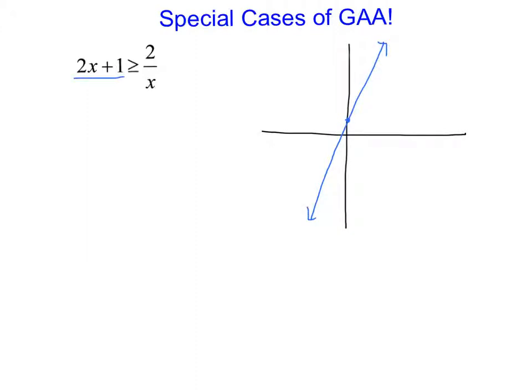And the other one is the inverse, 2 over x. It's positive, so it's in quadrants 1 and 3, and it's going to be doing something like this. This is just a very rough sketch, but it's giving me the idea that they intersect down here in quadrant 3, and it looks like up here in quadrant 1. Now how far forwards and backwards, that's what we're going to figure out by doing the next part of GA,